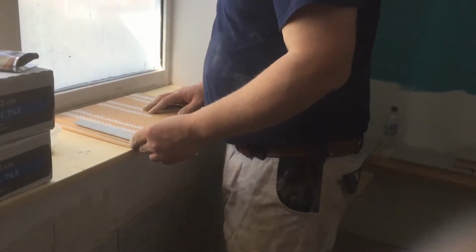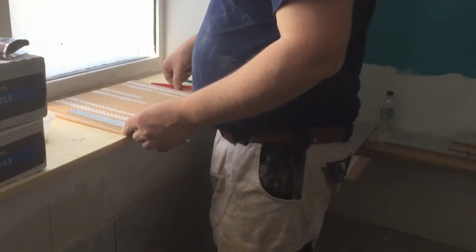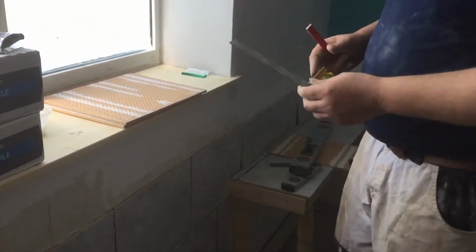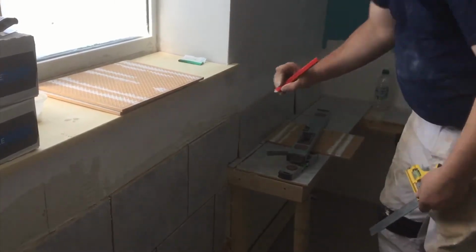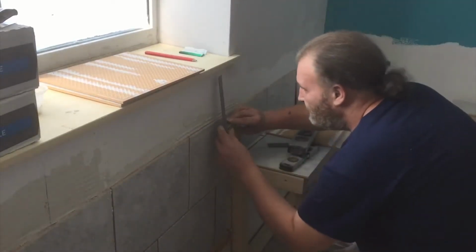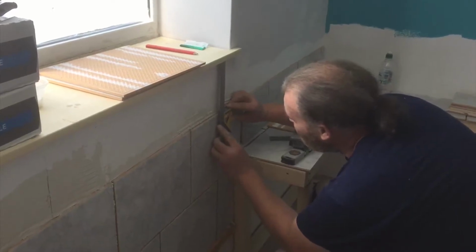I place the edge of my multi-square on the edge of the tile and I just put a mark. Okay, then I come across to the next mark, which is just here. Okay, and I do the same thing. Now I know,